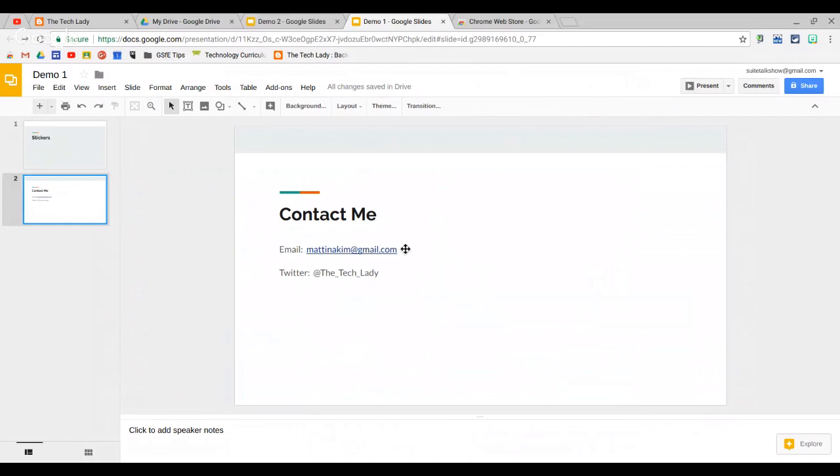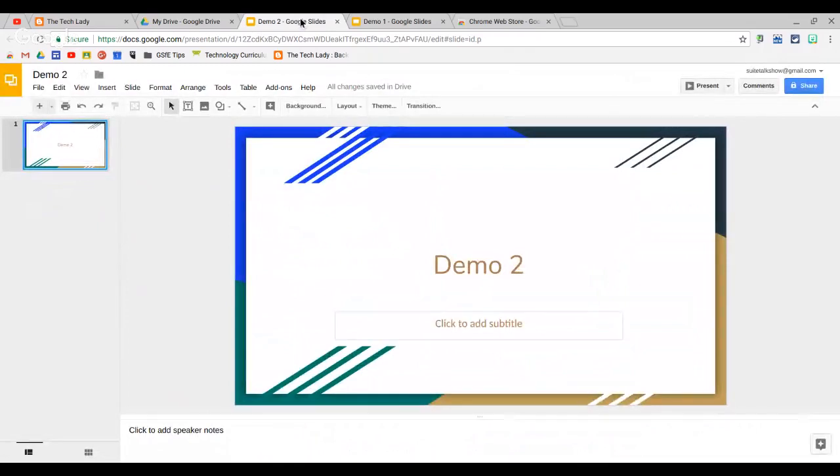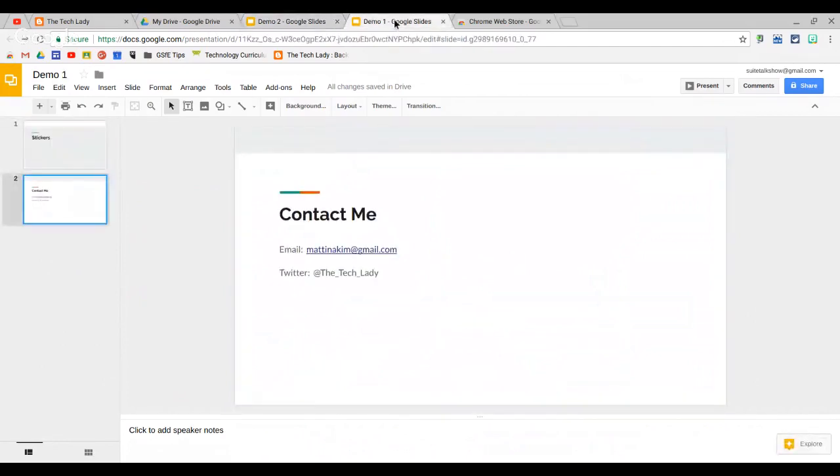So for this example here, I can add, and what I want to do is insert all this onto another slide deck, which is my Demo 2 slide deck. So, because I don't want to keep typing everything over and over again. So what I'm going to do is go back to my Demo 1 slide deck, and I'm going to right click on the slide,